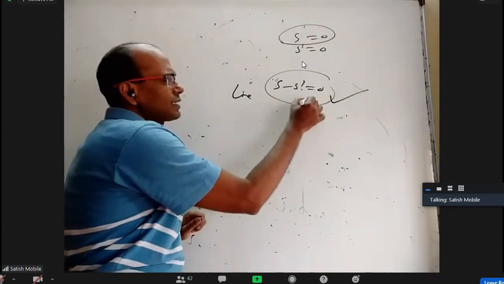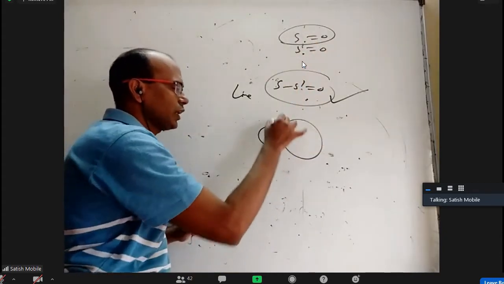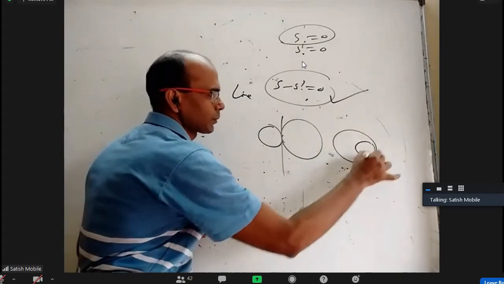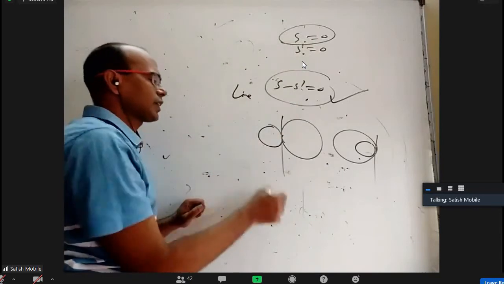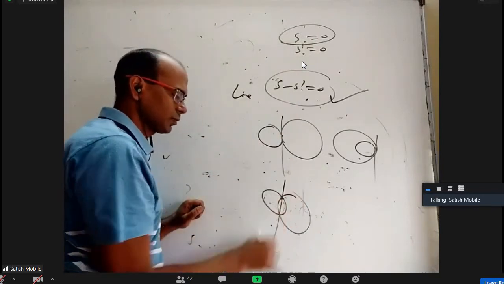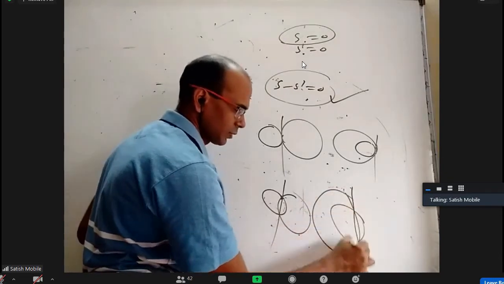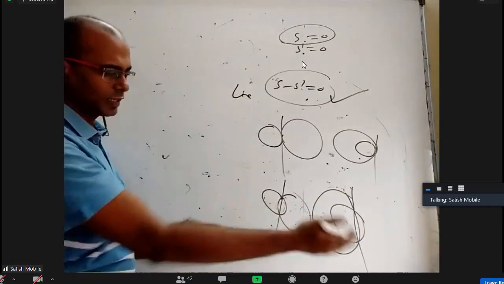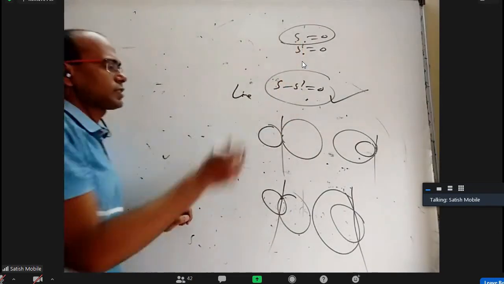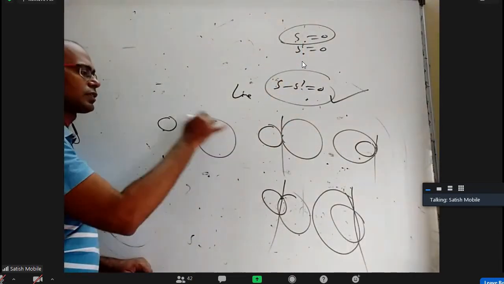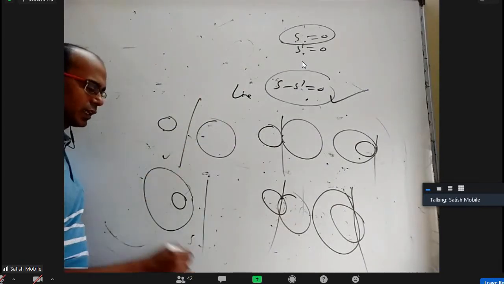If this line is touching this circle, it will also touch the other circle. Then they must be touching this way or touching this way. If this line is intersecting the first circle, it will also intersect the second circle. That means they must be like this. Of course, they can also be like this, where there is a common chord. They can be on one side also, the centers. If this circle is completely outside the other, then the two circles are like this, where the radical axis is here, or one is inside the other, where the radical axis is.